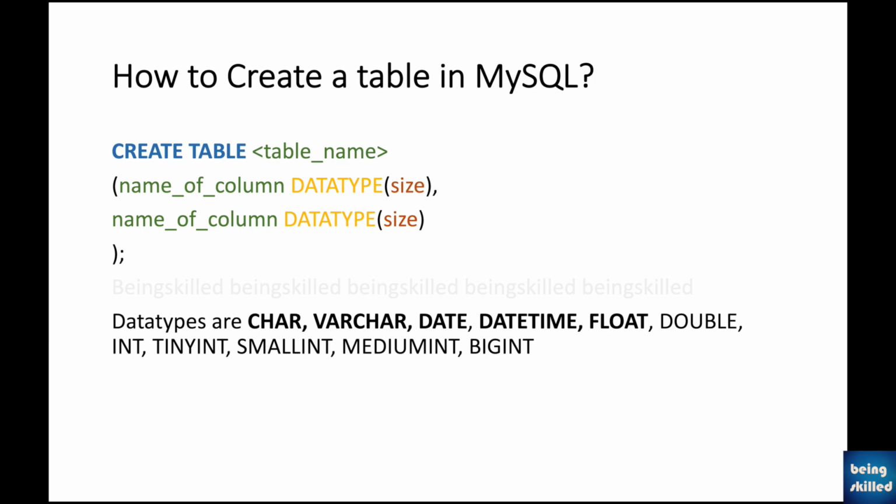learn the syntax, which is create table, and then we have the table name, and then the bracket starts, and the name of the column, and then a space, then the data type, and in brackets without spaces we'll have the size of each of the columns, like what would be the length of the characters or the words or the numbers in the value of the column. So that will be there, and each of those columns will be separated by a comma, and once you're done with that, just close the bracket and then the semicolon, and that is the syntax of creating a table in